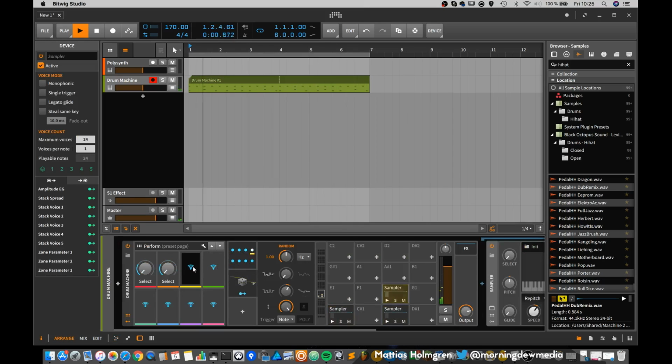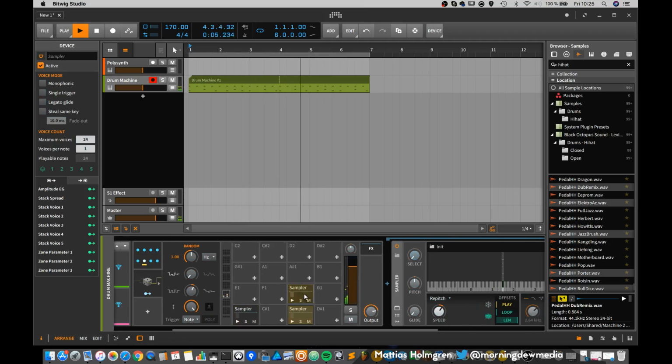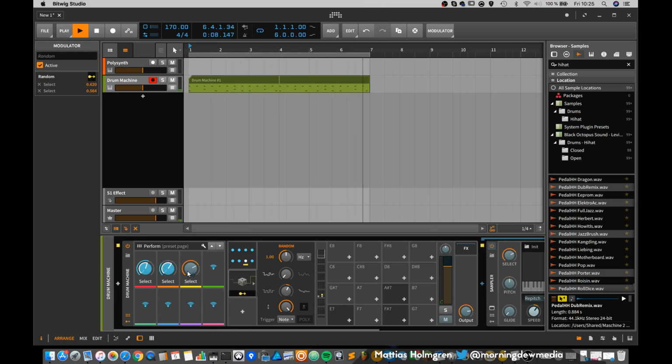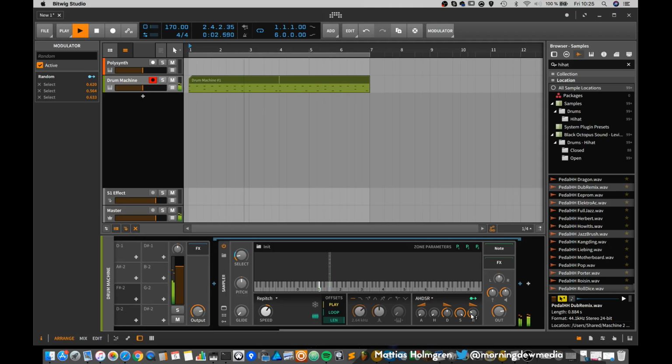Do the same thing, map this controller to our selection of the hi-hat, and now we can add that modulator, the randomness modulator, to the hi-hat. Maybe also increase the release time for the hi-hat and reduce the volume slightly.